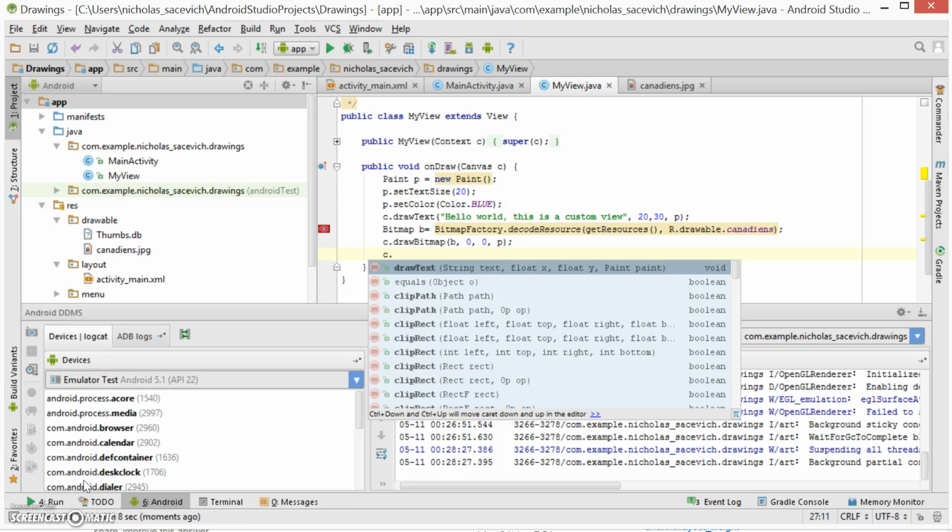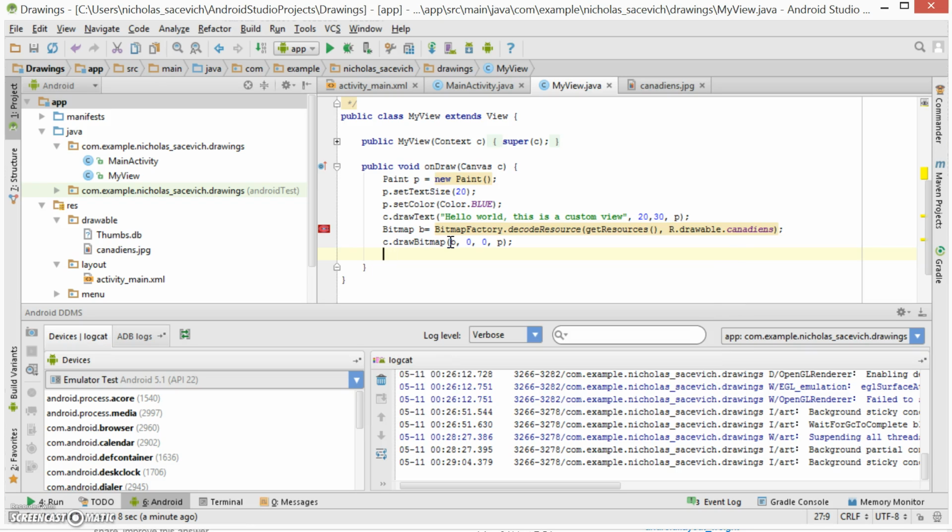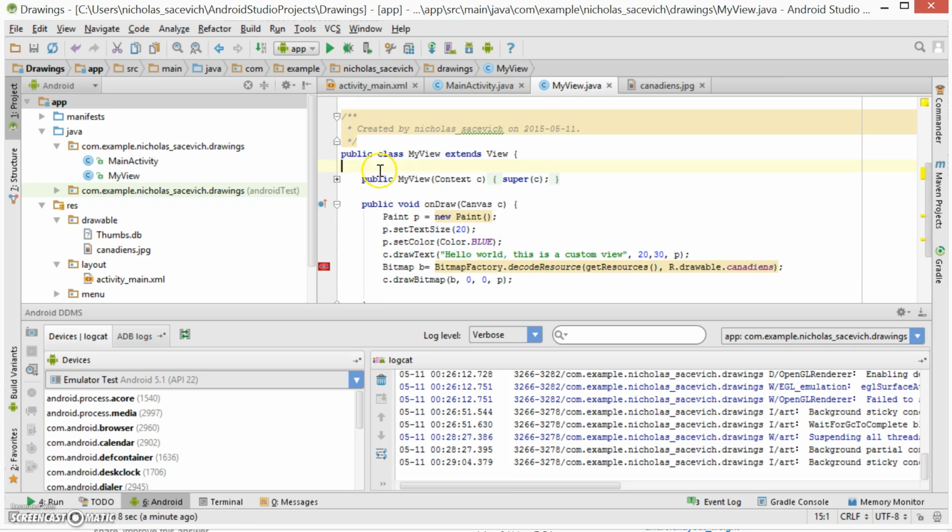So I'm going to continue on from the last program where, if you looked at it, we had buttons and an image drawing on screen. So the next thing I want to do is actually get that image moving on screen. So we're going to try and do some animation. So what I'm going to do, instead of drawing my Canadiens logo at position 0, 0,